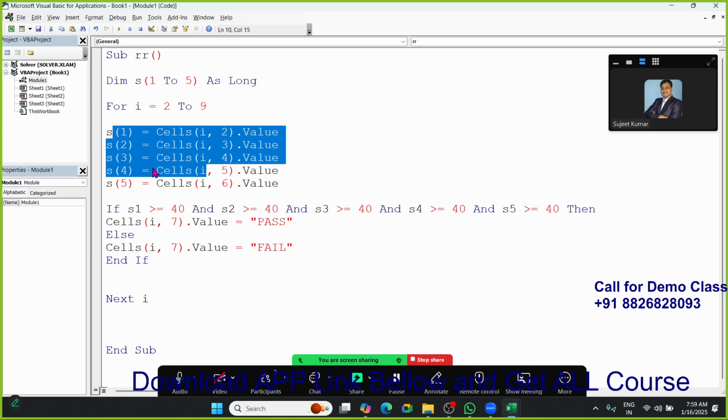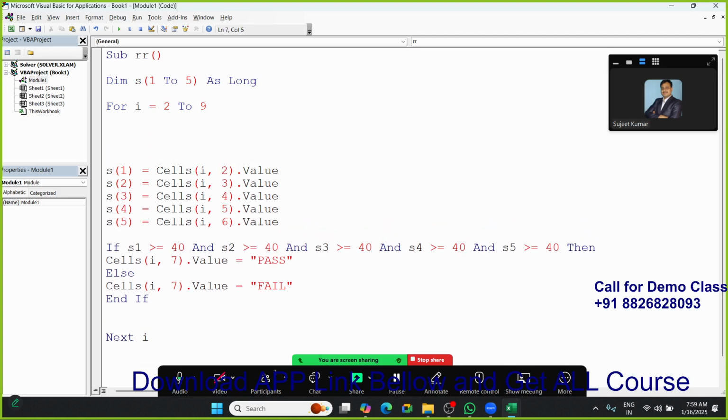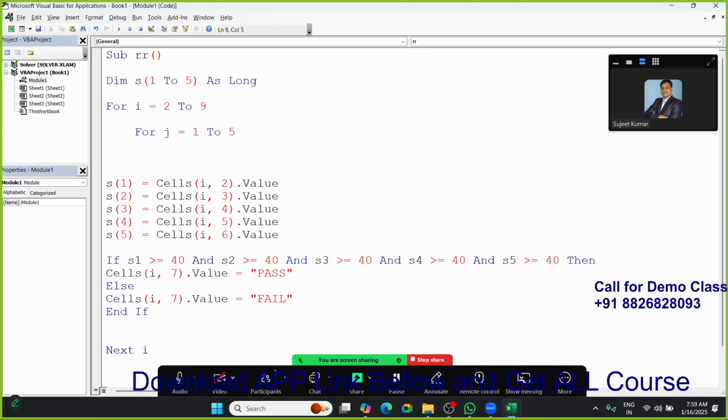via a loop, because there is 1, 2, 3, 4, 5 in the brackets. So we write the code again with one loop. For j equal to 1 to 5. Okay, loop 5 times. Next j, and we write here S, not sales, S1, not a 1, S(j) is equal to cells